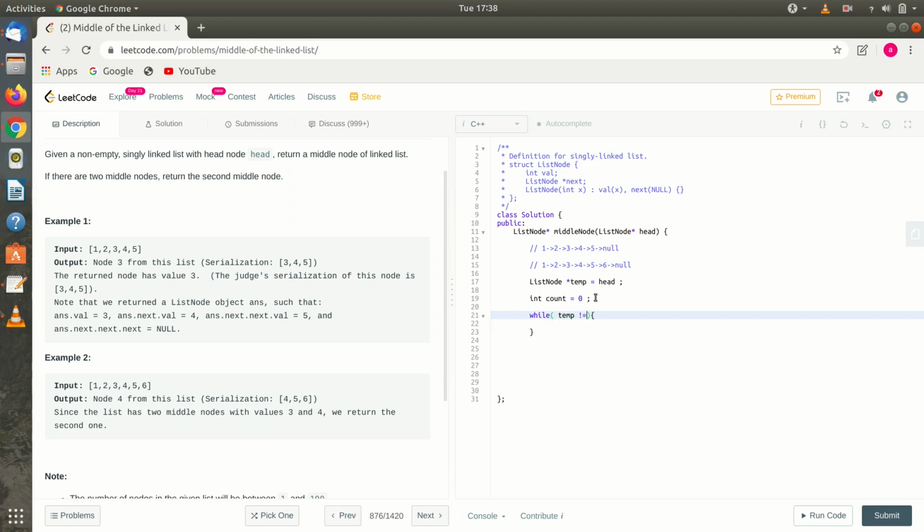So while temp not equal to null, we have to count, and we have to move our temporary pointer to next. Okay, then you have counted the length of the list, then just find the middle using mid equal to count by 2.